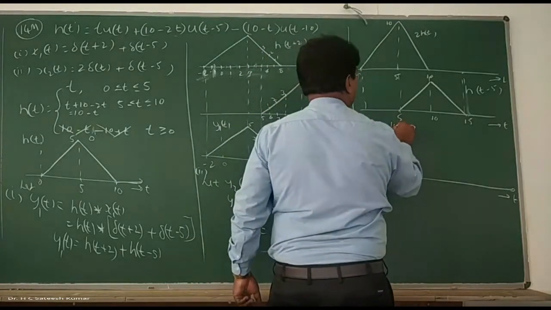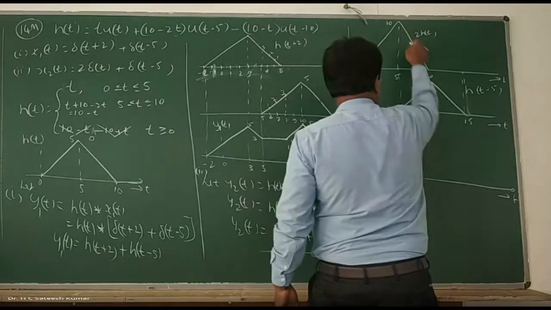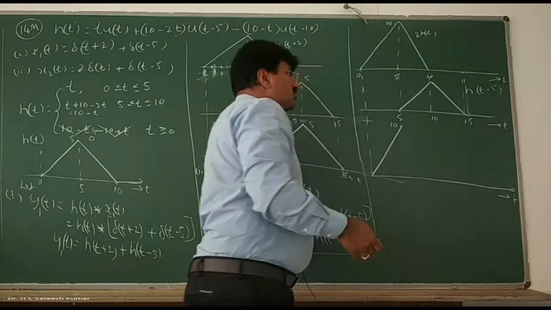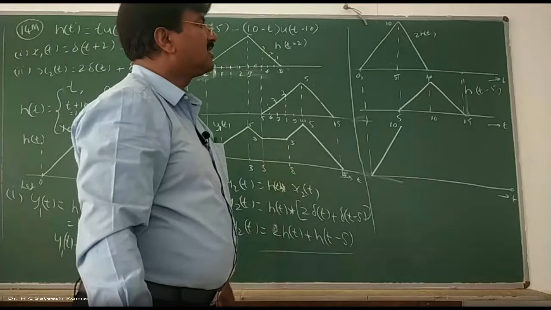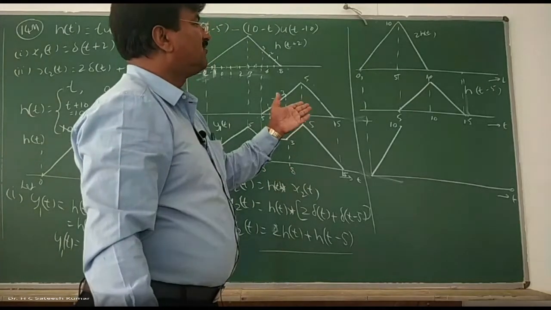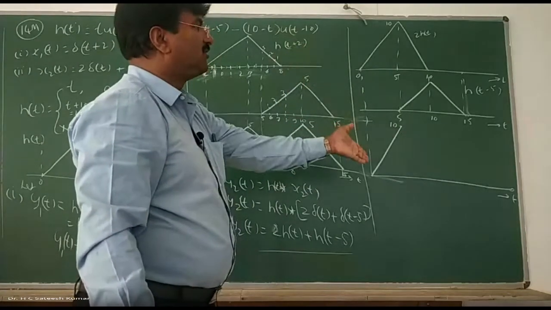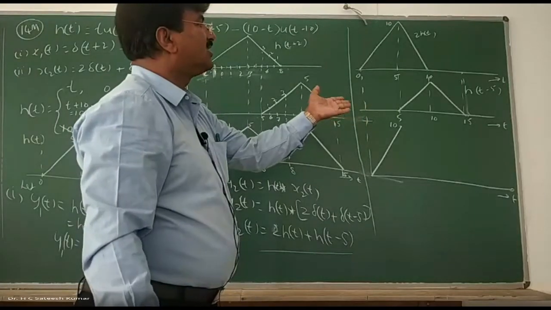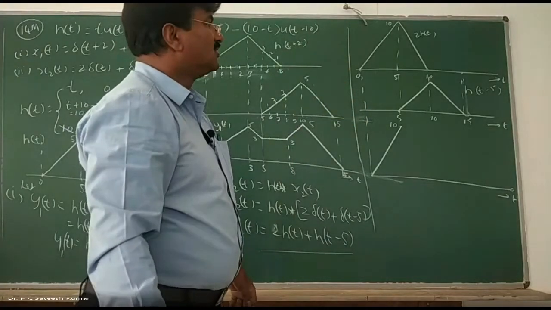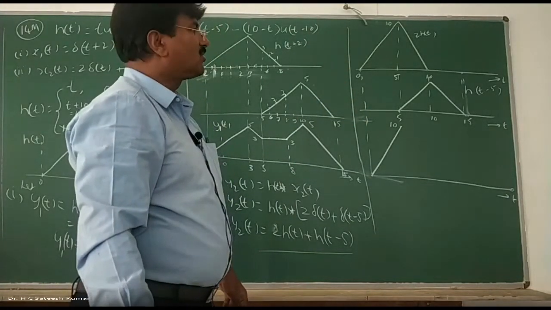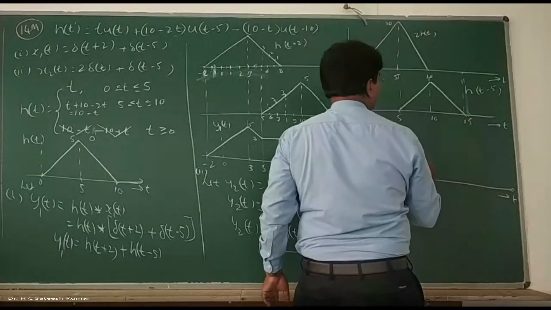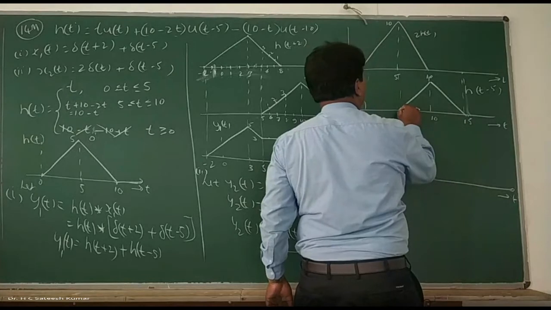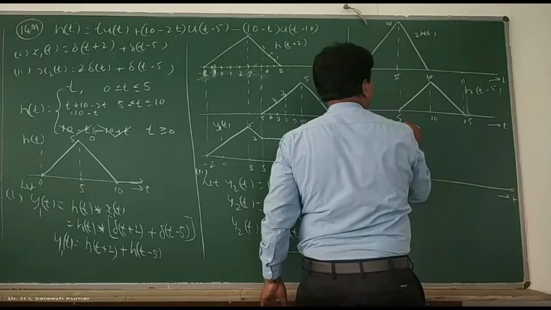Okay, up to 10. Now, decrease plus increase is constant provided the amount of increase is equal to the amount of decrease. But here it is not like that. Between 5 and 10, the first one decreases by 10 units, and the second one increases by 5 units. So the amount of increase is not equal to the amount of decrease, therefore it is not constant. Add it: at 5, 0 plus 10 is 10.